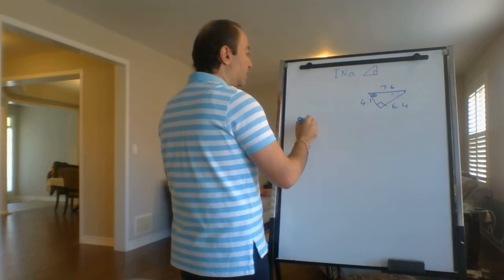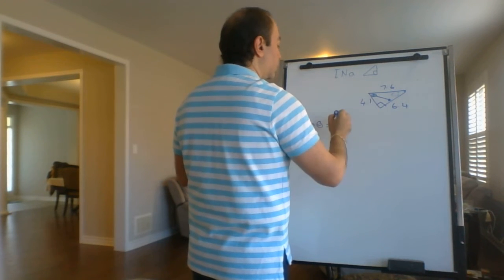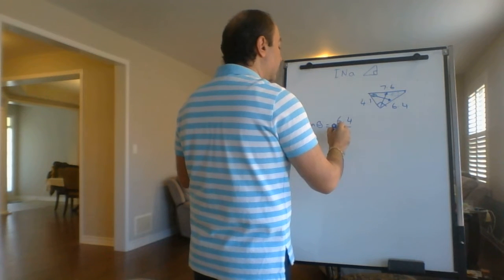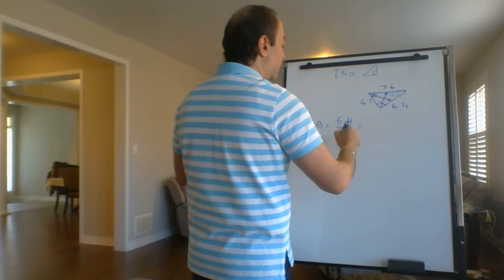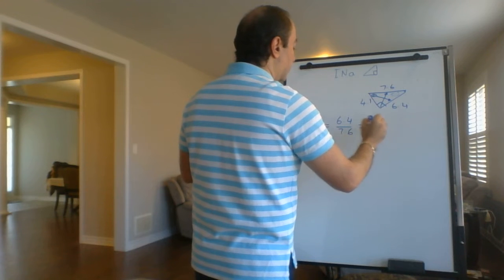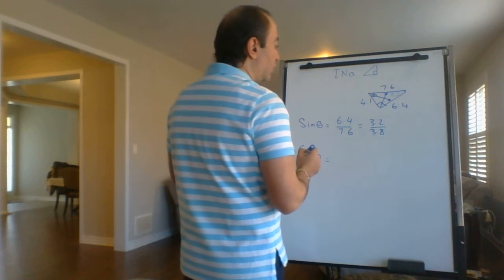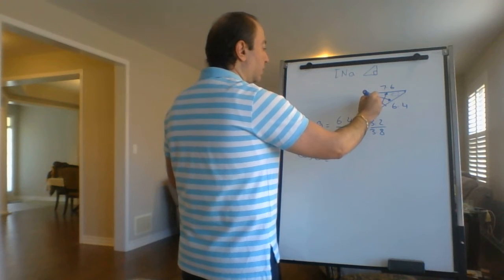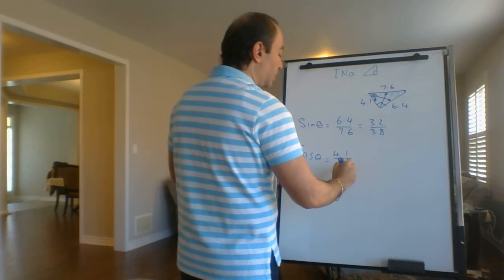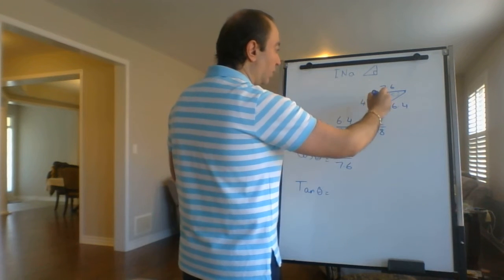So I can say that sine theta is opposite to theta, which is 6.4, over the hypotenuse that's opposite to the 90 degree, 7.6, and we can divide by 2, so 3.2 over 3.8. Cosine theta will be the adjacent to angle theta, so next to it but not the hypotenuse, which is 4.1 over 7.6, and if we want to find tan theta, it will be the opposite to angle theta,